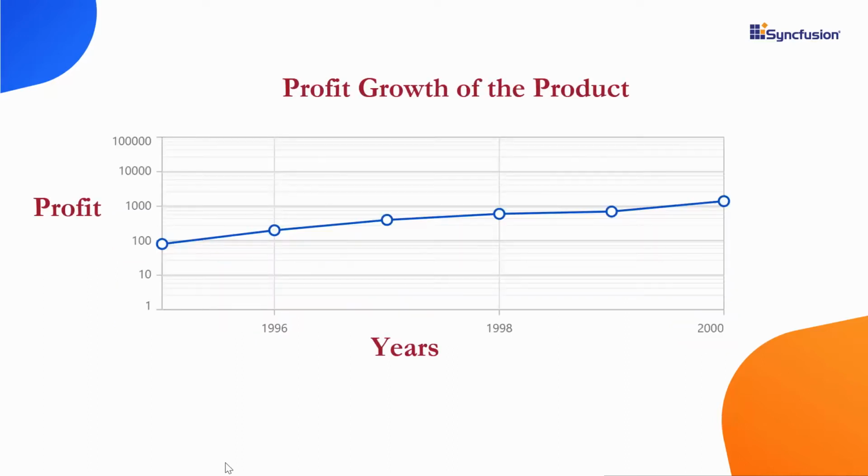Look at this line series chart, which shows profit variation of a product in the stock market. Here, the y-axis of the chart is customized with logarithmic data, which means the data source contains lower and higher order magnitude values. I will show how to achieve this at the code level.